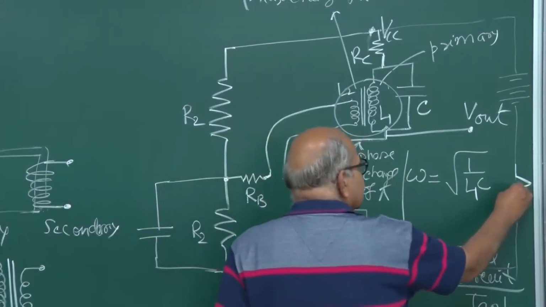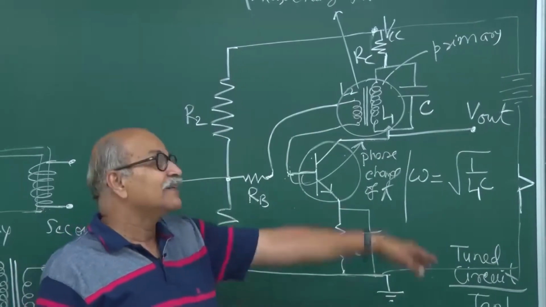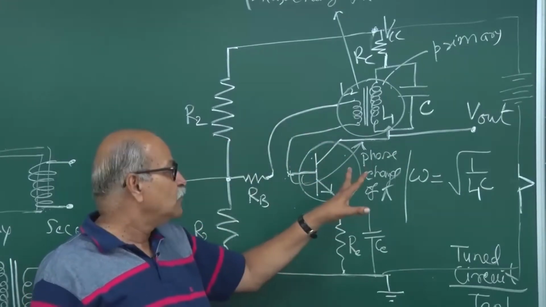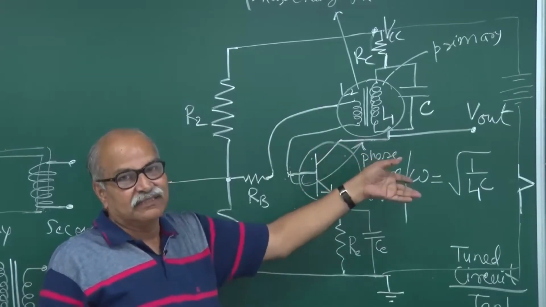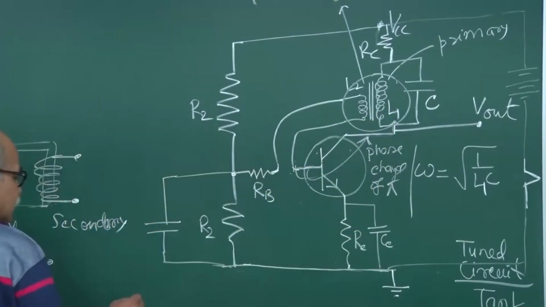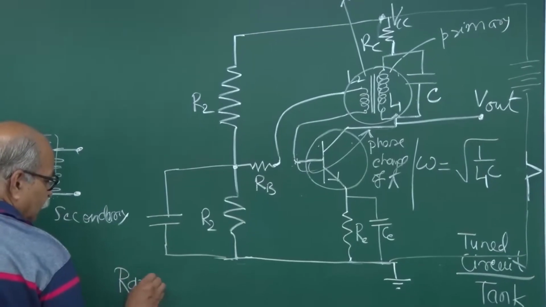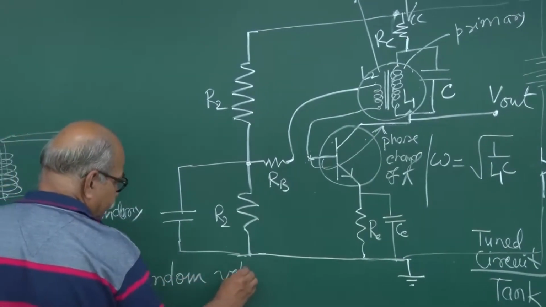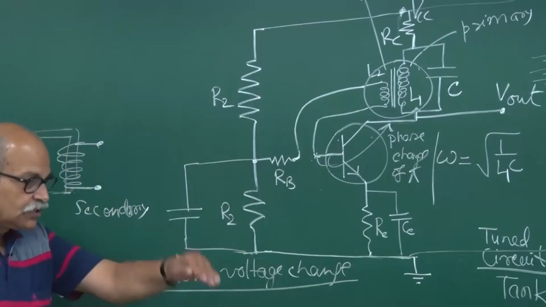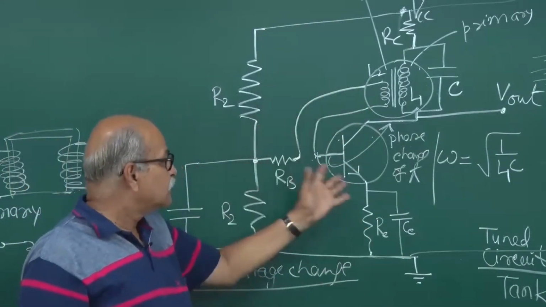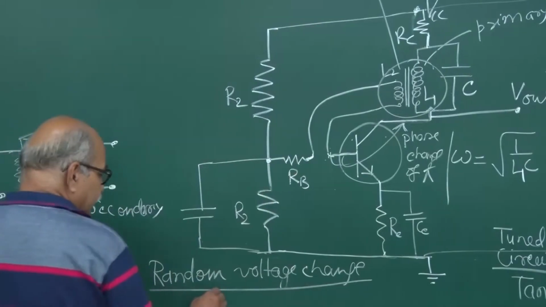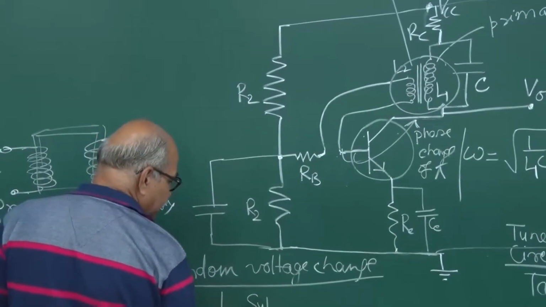So, when you switch on the circuit for the first time, what will happen? Some current will flow, and then the transistor will go into its active mode, and something will be amplified, whatever, noise or that. When you switch on, the current starts and something is amplified, some voltage goes there. So that is some kind of random voltage change, and that you can understand as a superposition of